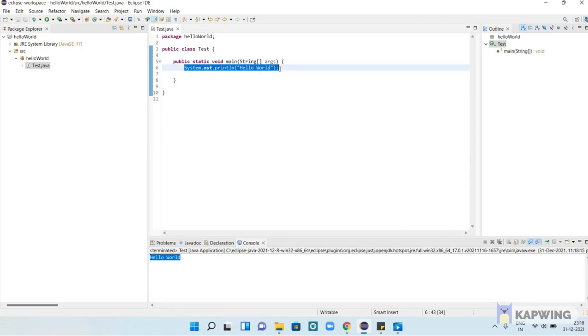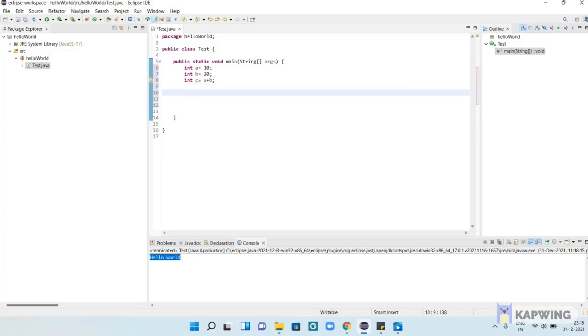Let's take another example of adding two numbers. Here I used three integers: integer a, integer b, and integer c. c is basically adding the values of a and b.